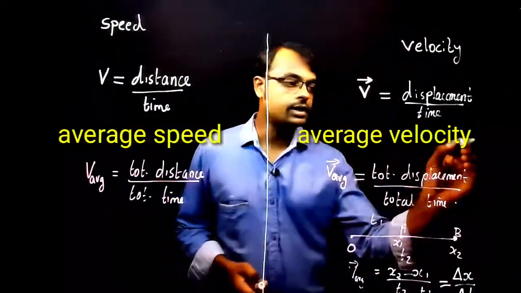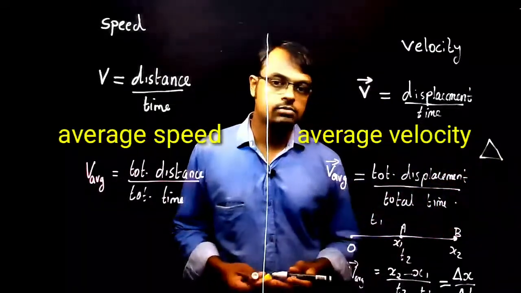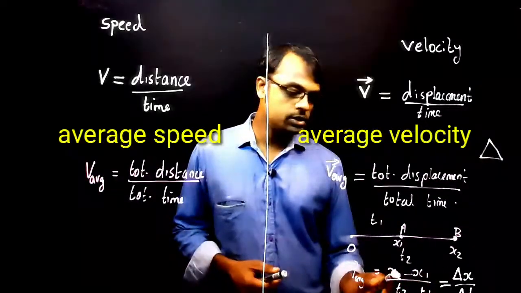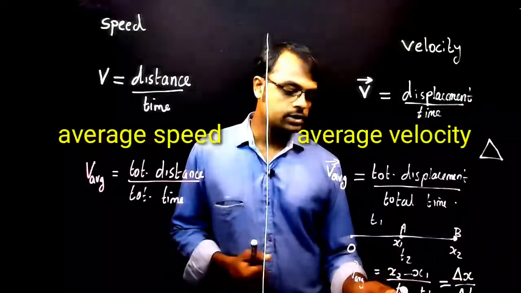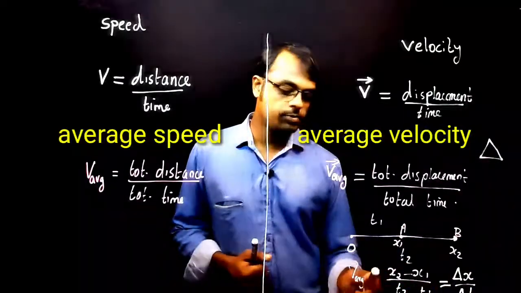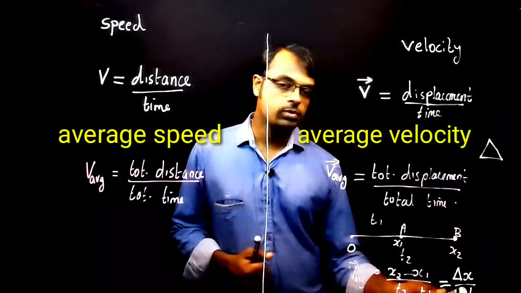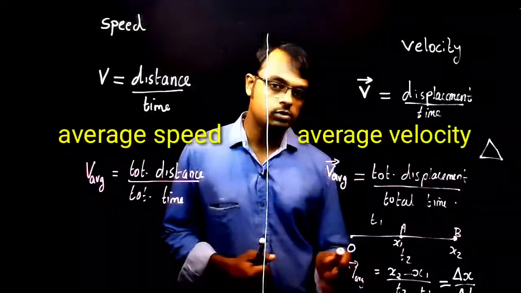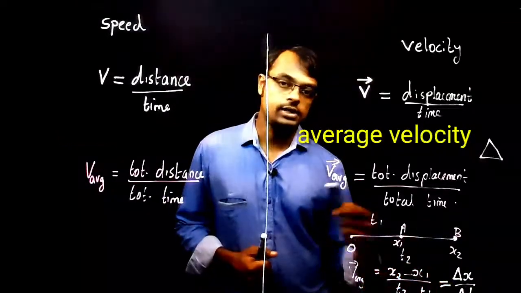What is that delta? Delta is a symbol. What does the delta symbol represent here? A small change in value. Here, what is changing? x2 minus x1 means a change in position, right? So that is delta x. And delta t is the change in time. So the representation of average velocity is delta x by delta t. We can also denote it as V bar. Average velocity V bar is equal to delta x by delta t.